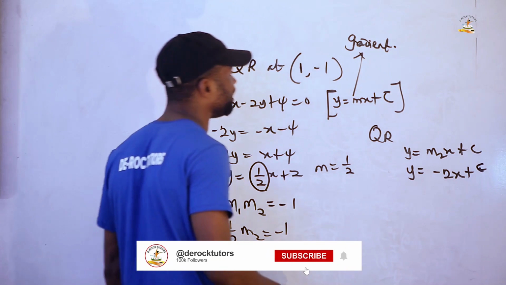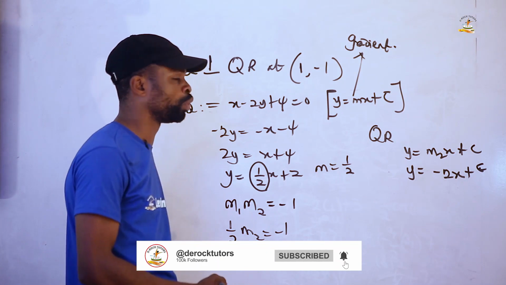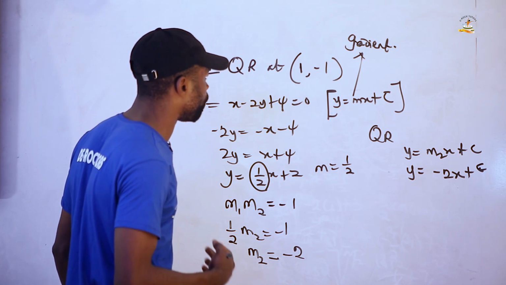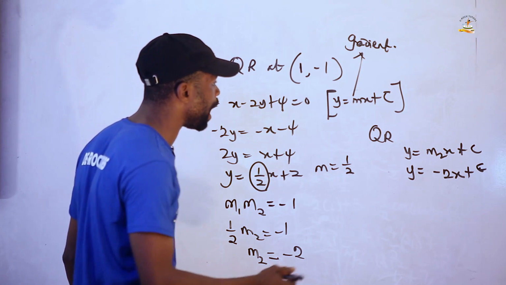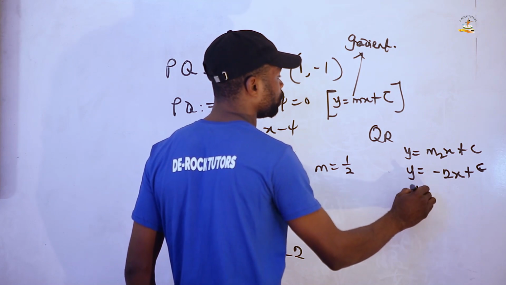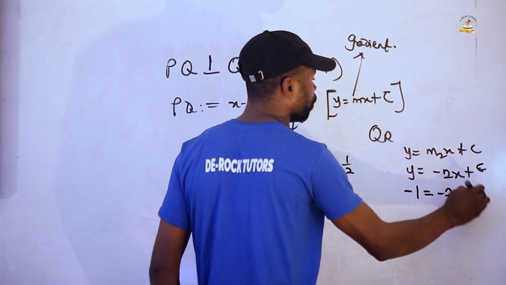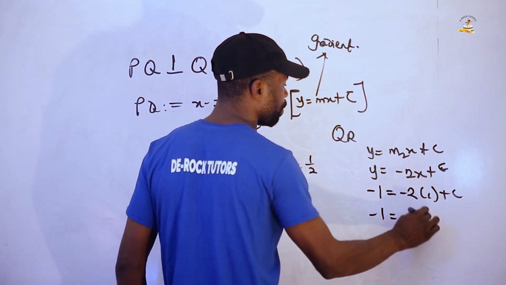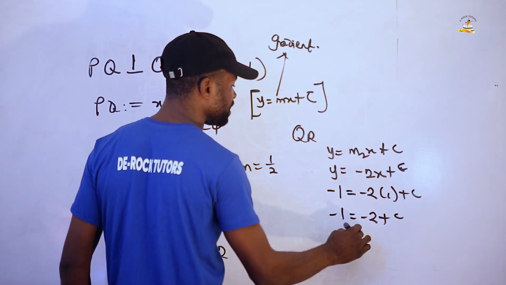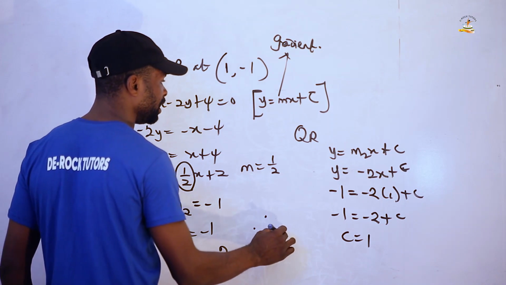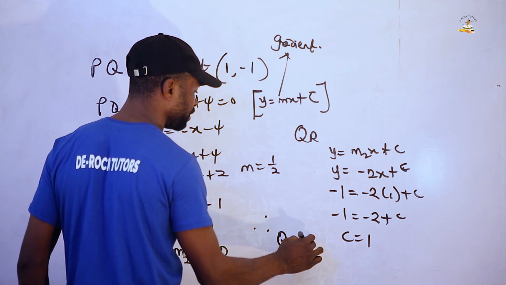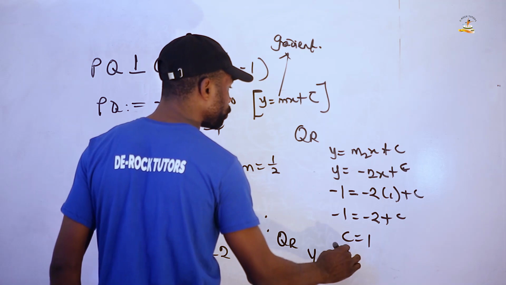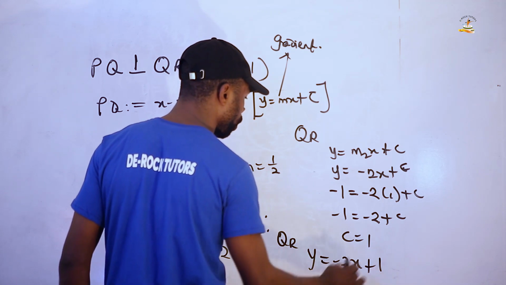The lines intersect at (1, minus 1). It implies that we are going to substitute 1 for x and minus 1 for y. This is going to be minus 1 is equal to minus 2 into 1 plus c. This will give us minus 1 equal to minus 2 plus c. Therefore, c is equal to 1. Hence, the equation of QR will be defined as y equal to minus 2x plus 1,